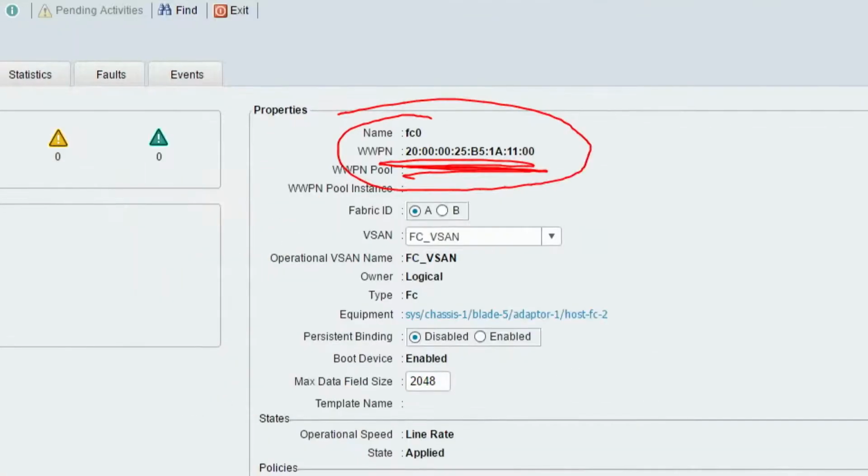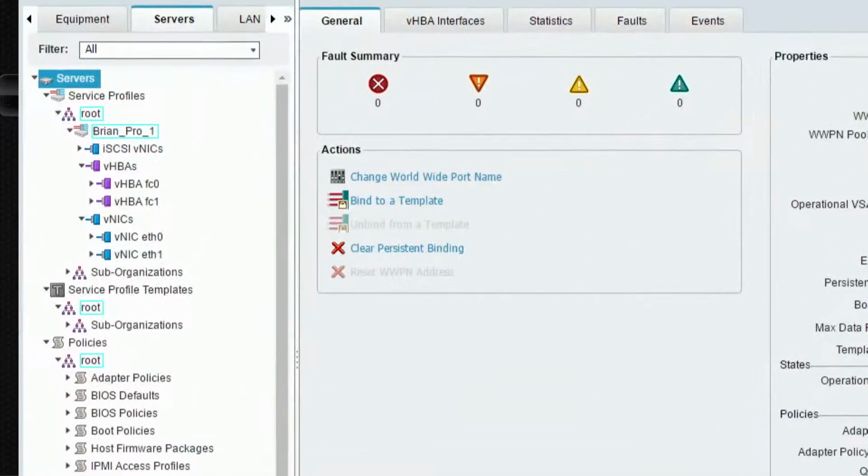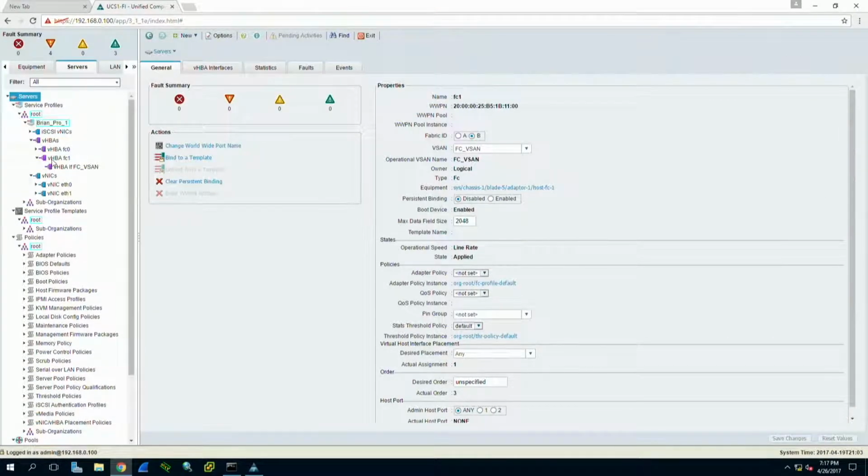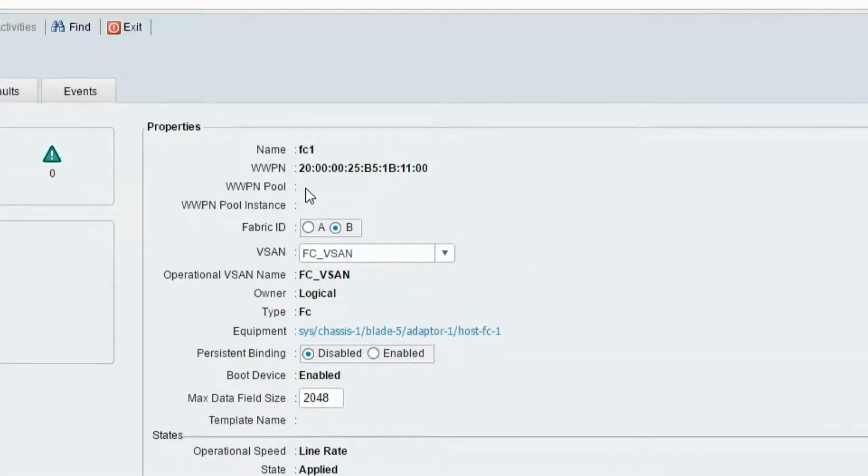So if we go over here to the second port, which is FC1, FC1 should be configured on Fabric B. Let's see, do I have a dialog here? No, so you can see sometimes the GUI is slow to respond. So now we're on interface FC1. This has a unique worldwide port name, and what I'm concerned about here mostly is the last 3 bytes, which are 1B1100. This ideally is pinned to the B fabric, so not ideally, it is pinned to the B fabric, which means